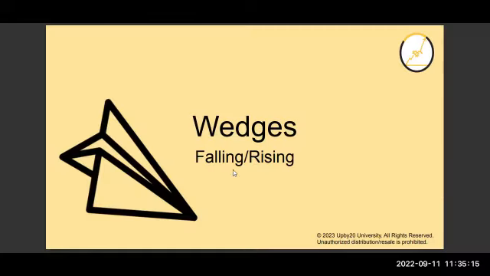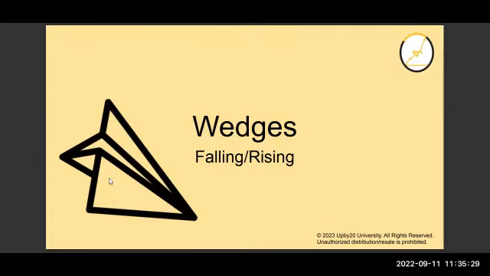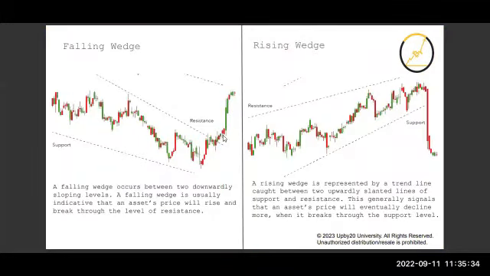Here's the wedge. You can see it. It kind of just looks like a wedge with the downward sloping upper line, and then also a downward sloping lower trend line. So it kind of looks like a paper airplane or just a wedge. Doorstop, it's another thing. So with the wedges,